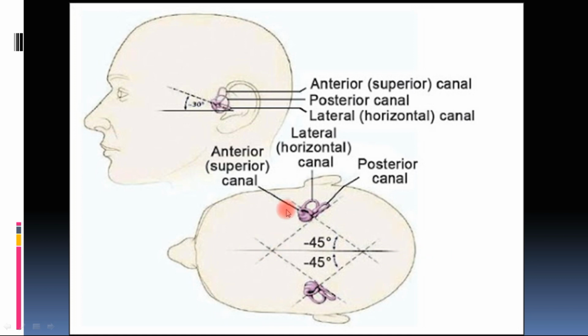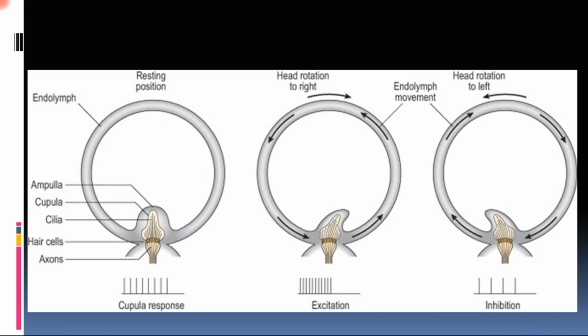Okay, so that is how it is mentioned in the book: 45 degrees outwards and anteriorly, 45 degrees back outwards and posteriorly. So posterior and anterior semicircular canals. So this is about the orientation of the semicircular canals, how they are oriented in all three dimension planes of the surface or of the environment.